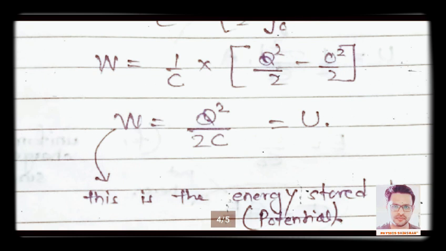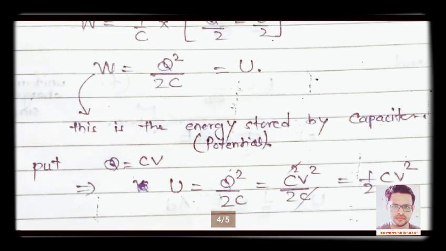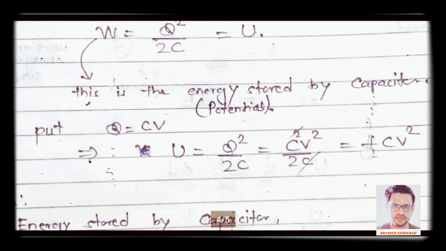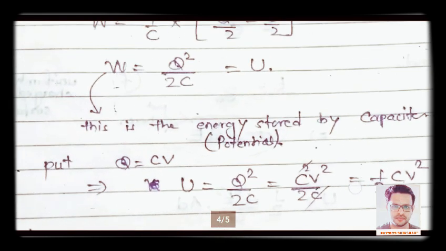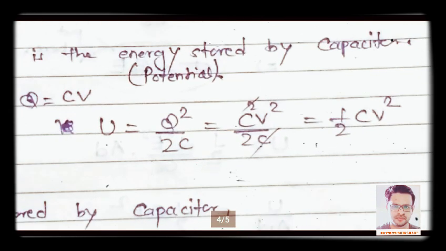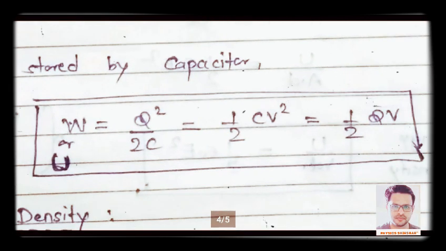So generally, as we are applying force against the electric field, this energy we invested will get stored in the form of potential energy. So that's why I have equated it to capital U. Alright students, it means we can say that energy stored by the capacitor means the capacitor stores charges or energy in the form of potential energy. Okay. Alright students, if you put the value Q equals CV in the above formula, you can get these three formulas. Okay, so your energy stored by the capacitor in the form of potential energy is Q square by 2C, or you can also say it will be half CV square, or you can also say half Q into V.